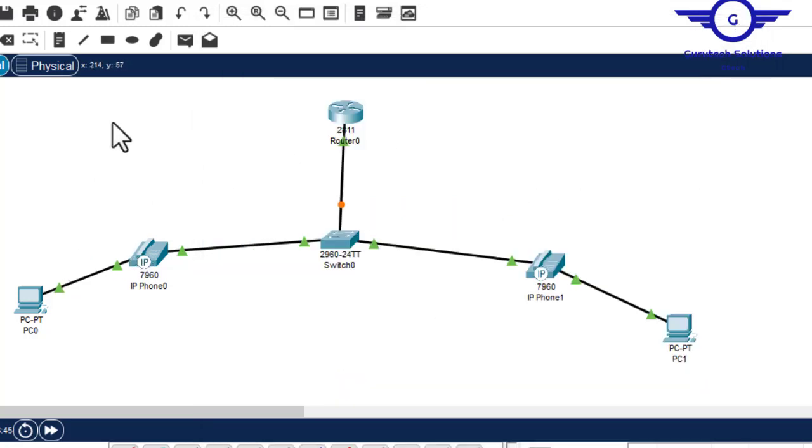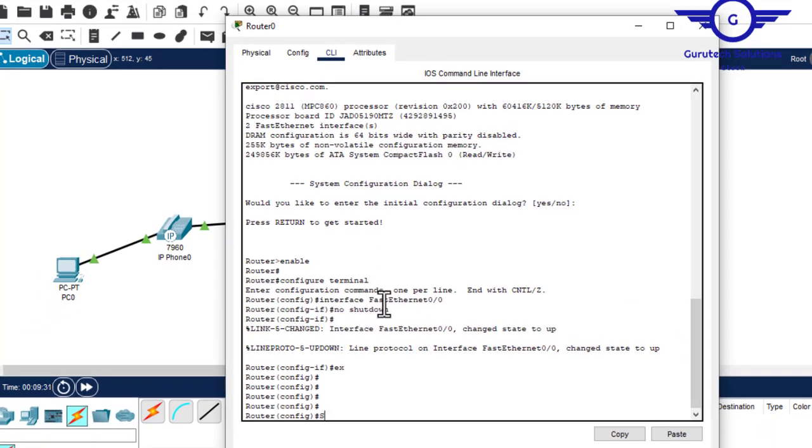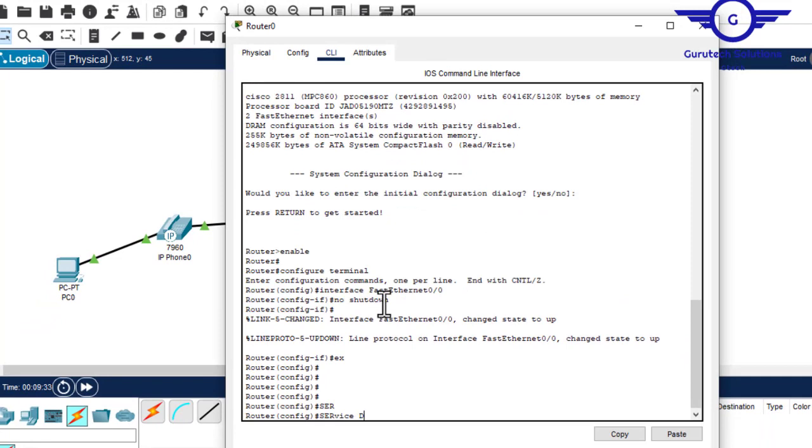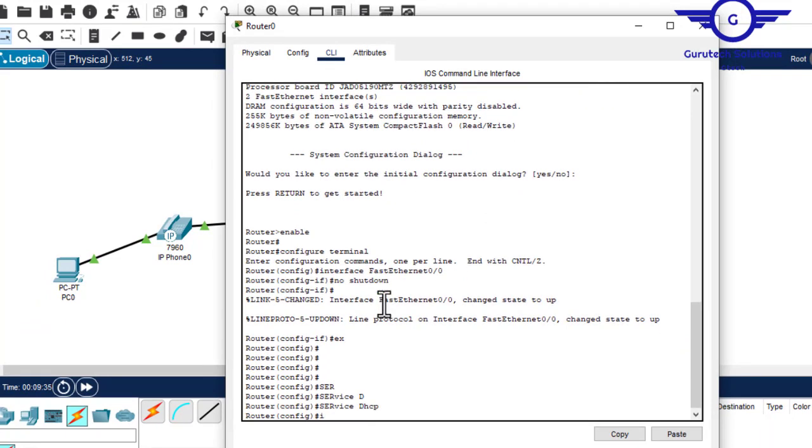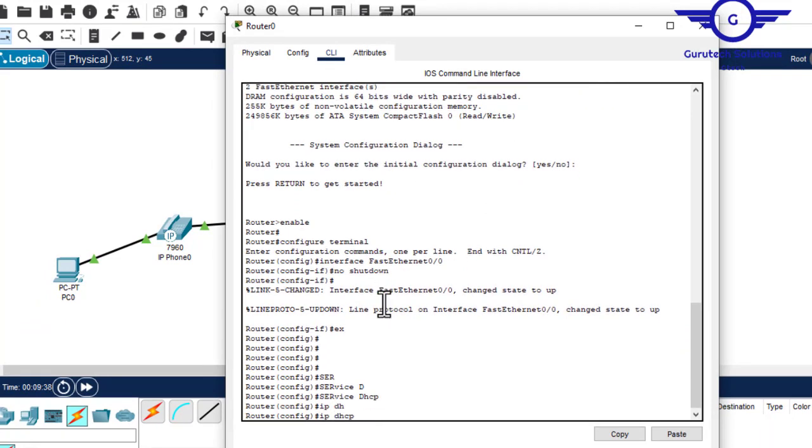Okay, for example, let's say data will access this network 192.168.1.0/24. So we proceed to configure pools. First thing we do is to enable the service DHCP. Then we create a pool,